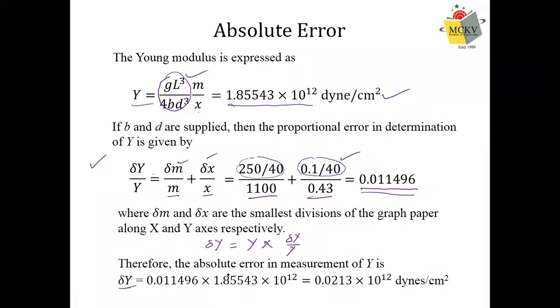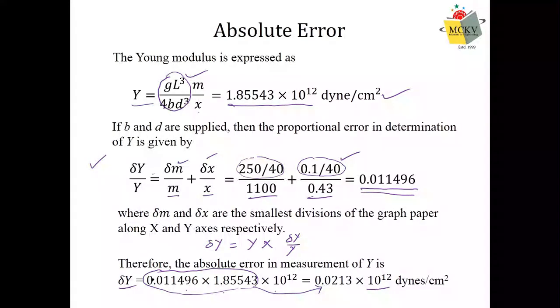Now when you calculate it, these are the three quantities. My suggestion: whatever power you have, always keep it as it is. You just multiply these two, and the value comes out to be this. The power remains the same. We will keep the power of the absolute error the same as the value. So if y has a power of 10 to the power 12, then the same power should be retained for delta y. It will help in our calculation, because ultimately we need to add or subtract delta y from y.